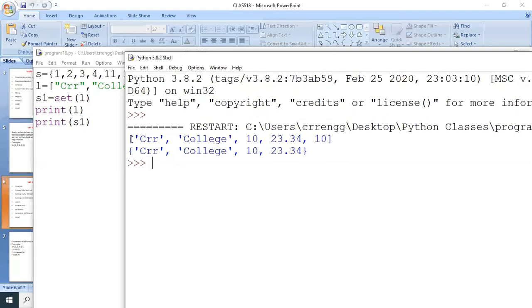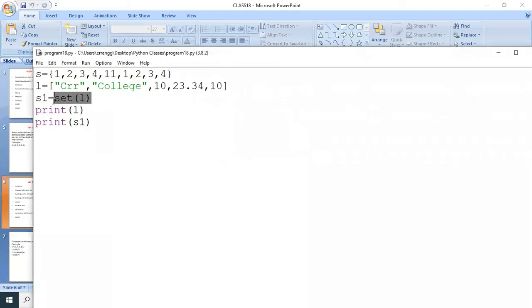So this is the list L: CRR, college, 10, 23.34, 10. When I convert this list L with the help of the set function, the list is converted into a set. So the duplications are not allowed.